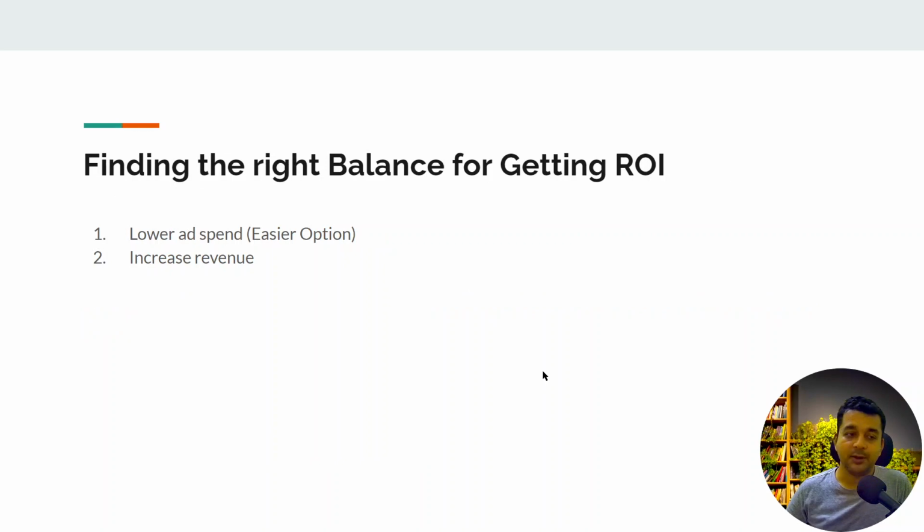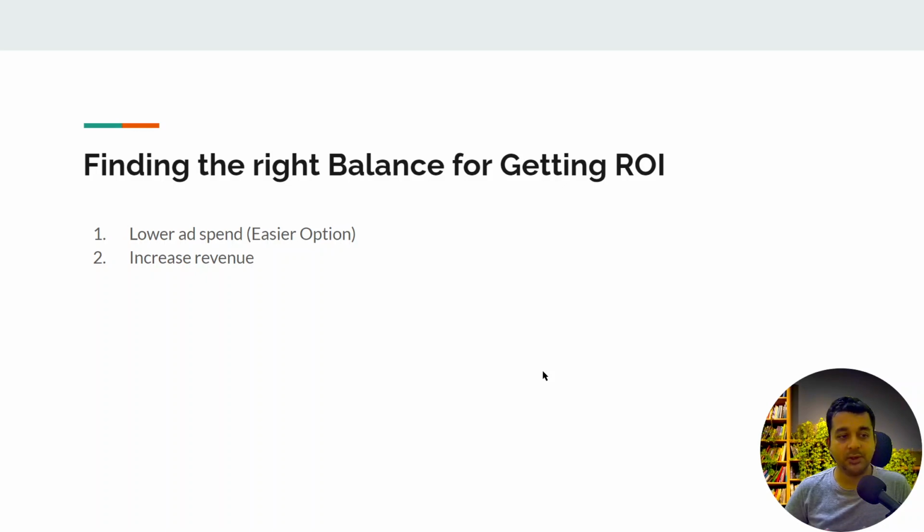So what do all the marketers usually do? In order to get a better ROI, they try to find the right balance between lowering the ad spend and increasing the revenue. There are two options available if you want a better ROI, the return on your investment.